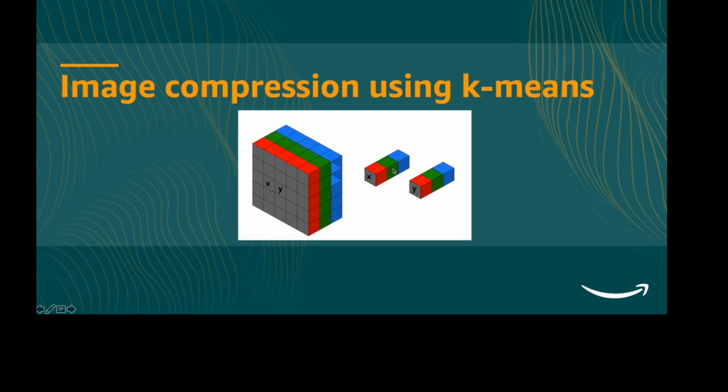Now once you do the clustering, at the end of the clustering output, you will have the cluster centers and the cluster membership of each data point. So for each pixel you will have the label that, okay, x belongs to cluster number 5 or y belongs to cluster number 6 and so on. And for each cluster you will have the cluster center, which is just the average or mean of the data points that belong to that cluster. Now once you have this, how do you reconstruct the image?